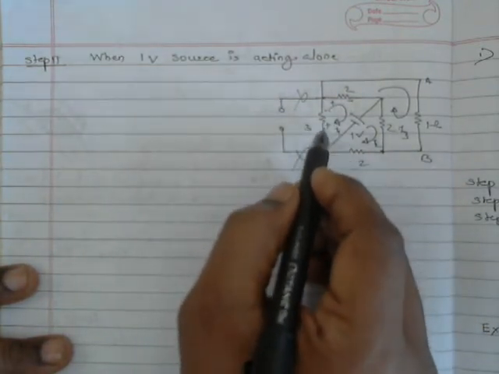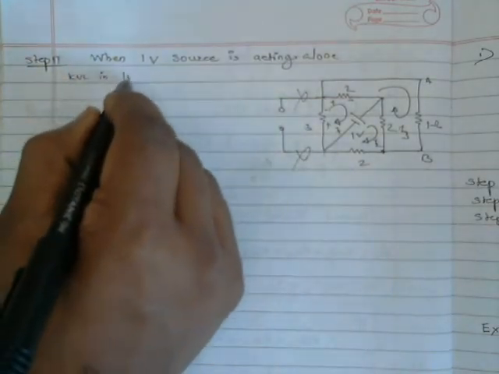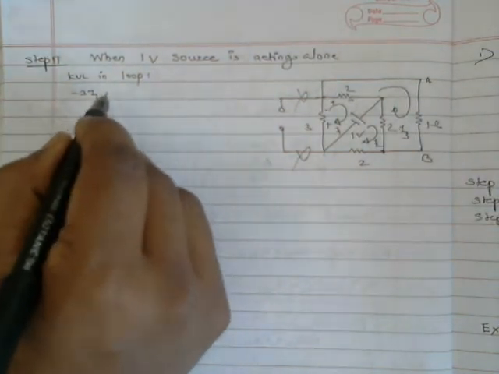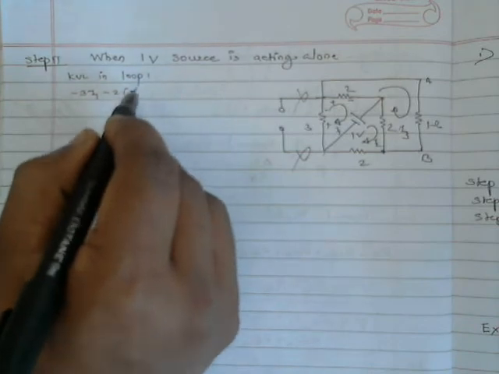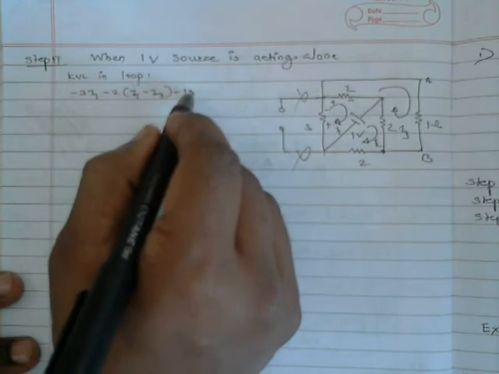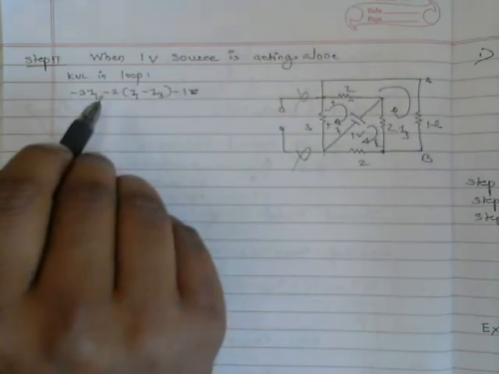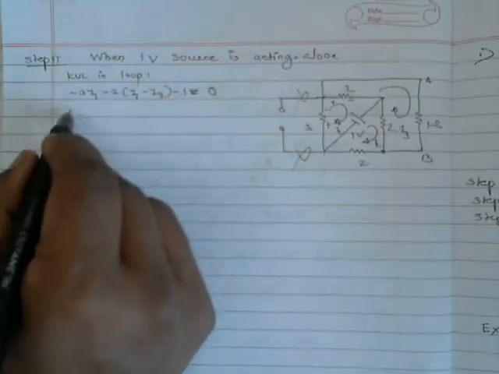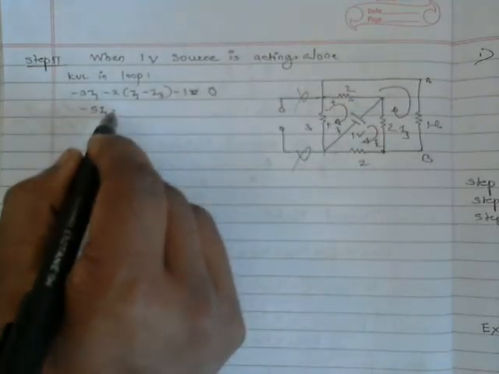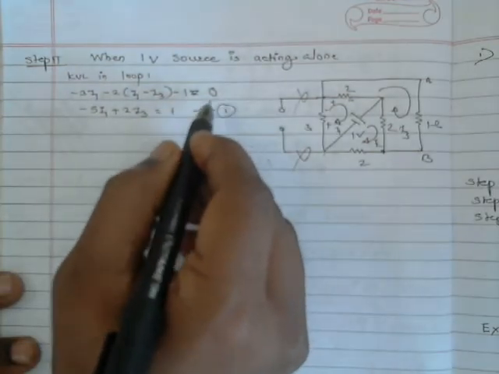I will start from here. KVL in loop 1. So it is minus 3 I1 minus 2 I1 minus I3 minus 1. This is a constant, so don't multiply it with current. minus 1 equal to 0. So it becomes minus 3 I1 minus 2 I1 minus 5 I1 plus 2 I3 equal to 1. This is the first equation,